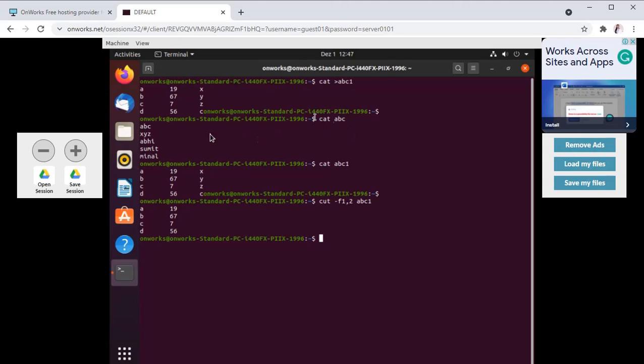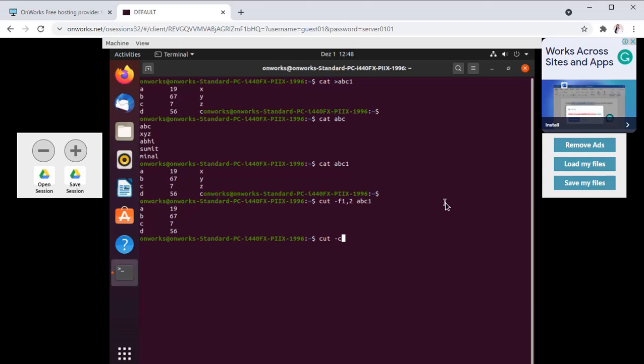Now the content of the abc file is this, so we can cut particular characters from this content. So how to use that command? Cut minus c. Now I want to cut the third character, C, Z, H, M and N from the content of the ABC file.